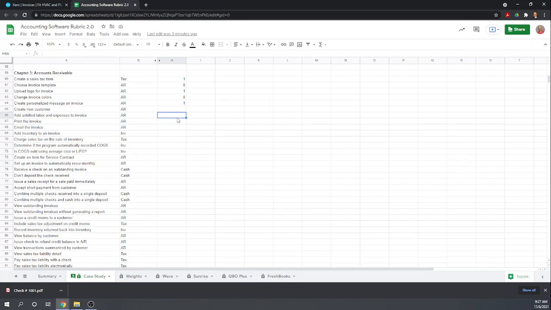Add the unbilled labor and expenses to the invoice. Print the invoice. We were able to do that. And email the invoice. We were able to do that. Now the next step is to record an invoice for the sale of 20 plumbing widgets to Big Time Diner for $25 each. Be sure to collect the 6%